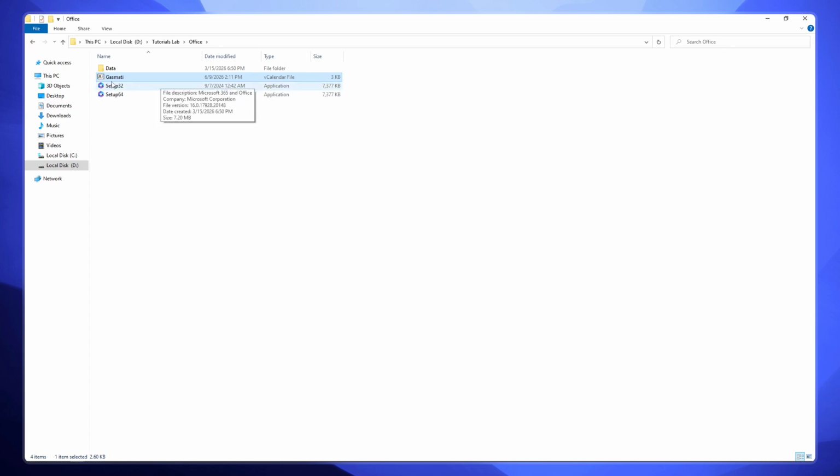And that's it! You've successfully exported your Outlook contacts as a Vcard file that you can now use across different